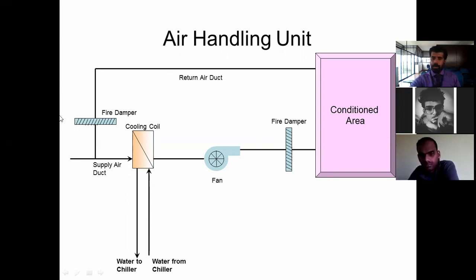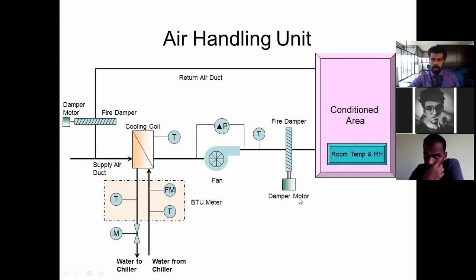And we will have fire dampers also. In case a fire occurs inside the room, it should not pass through the ducts. Ducts are very prone to this: if a fire happens, the duct is an isolated path through which the smoke can go up to all the floors. Even if only one floor is affected, it can affect the whole building, because the duct passes through all the flats or floors. So as a safety measure, we should have fire dampers, if it is connected to different areas.